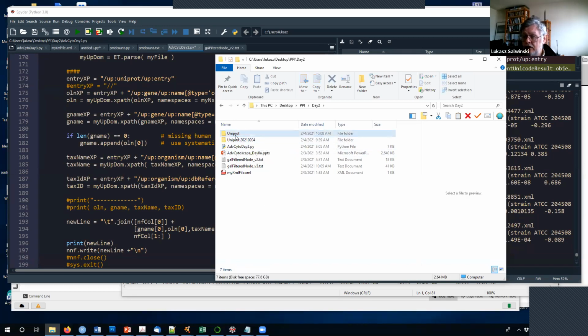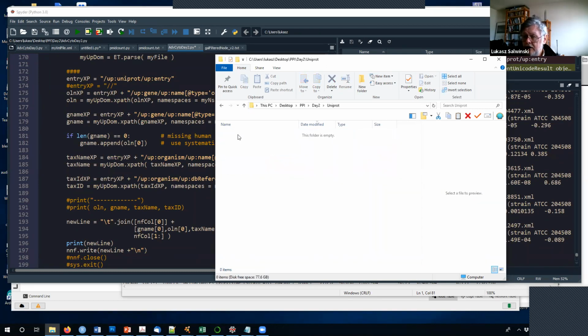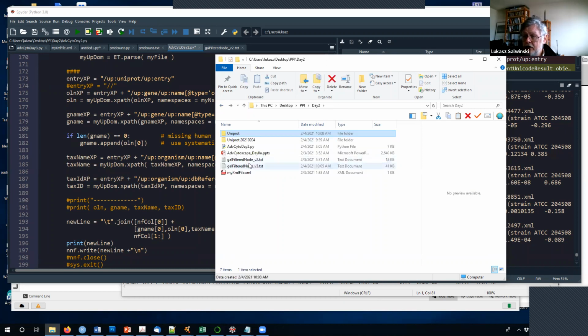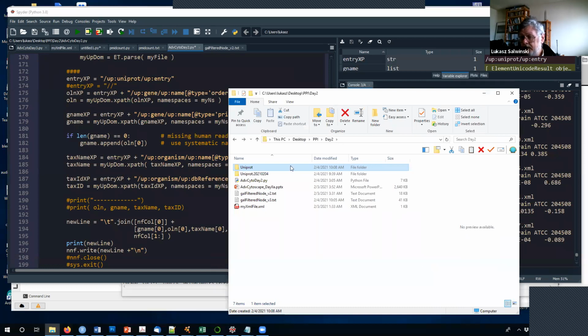Okay, and now if I rerun the script, it will take time to go record after record, and it will fill up the directory here with the currently up-to-date information. So I can rerun the script multiple times, each time specifying a new empty directory, and I'm going to keep track of what data went into the analysis. So those are two reasons to do things this way, and that's why I prefer doing it with a script